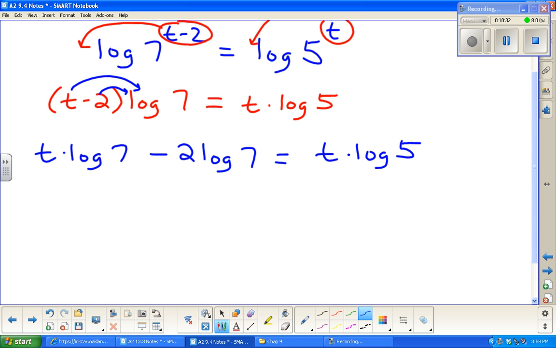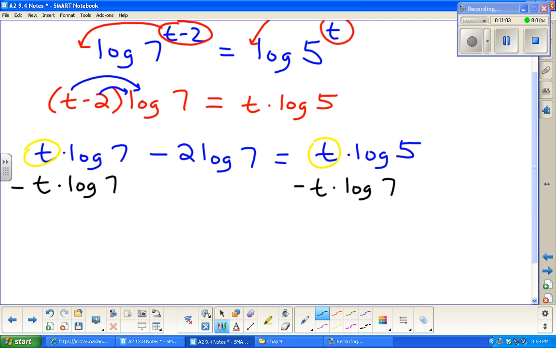What I do notice, though, and what you hopefully notice, is there are t's on both sides. So one little trick here is to get those on the same side. There's a couple ways to do it. We could subtract the t log 7 from both sides. Maybe we can do that just to make this one step here. If I subtract that from both sides,